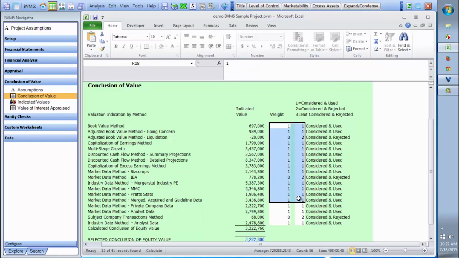So in the conclusions of value area, these are the different methods that I can calculate and work on. Now I want to talk about the weight column out here. If I'm a choose one kind of person, then I'm going to set this up to be zeros across here instead of weighting it. If I believe that it's equally likely to happen between one value and another value, these